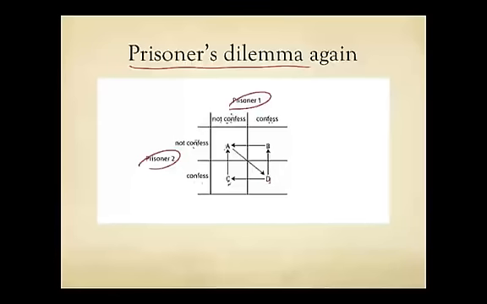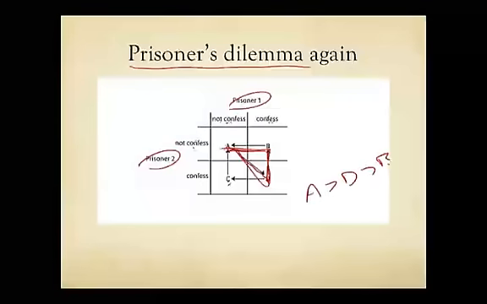And both agree that A is better than D. If both decide not to confess, that's better than both confess. And now here comes the problem. The dilemma is now reflected in this cyclic output of the 4 candidates' voting result. Because A is better than D, both agree. And prisoner 2 says D is better than B. And prisoner 1 says B is better than A. And they are the 2 decisive voters for these 2. And therefore you form a cycle. A better than D, better than B, better than A.